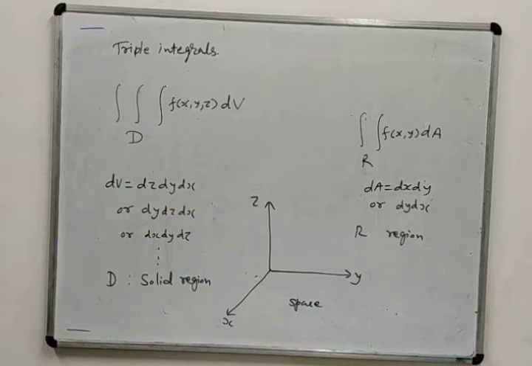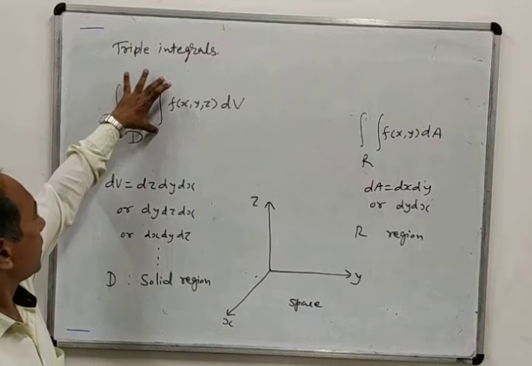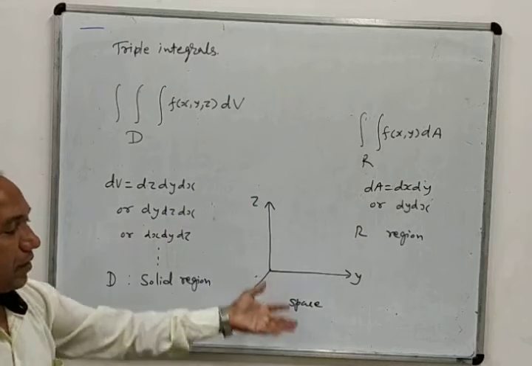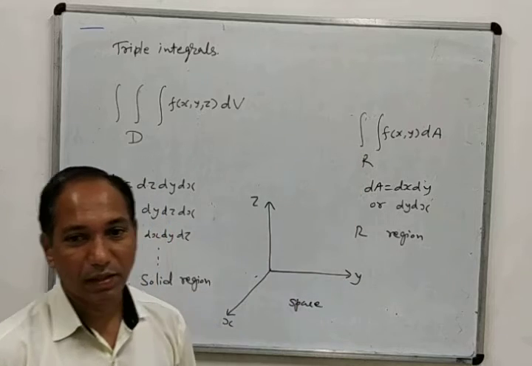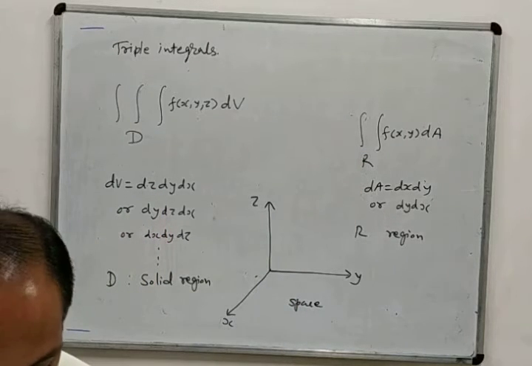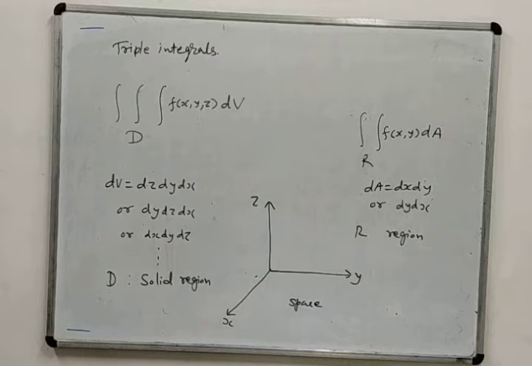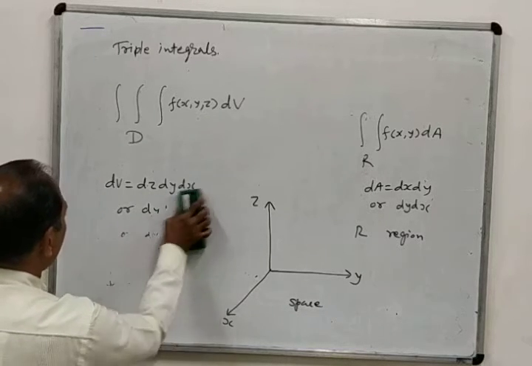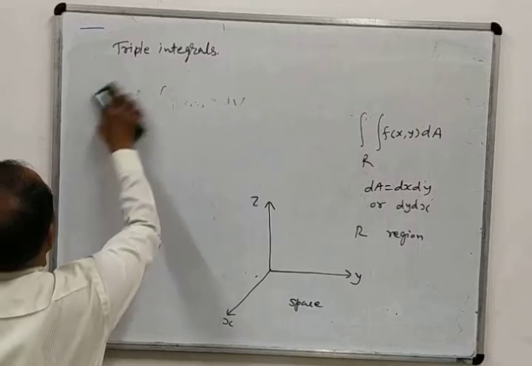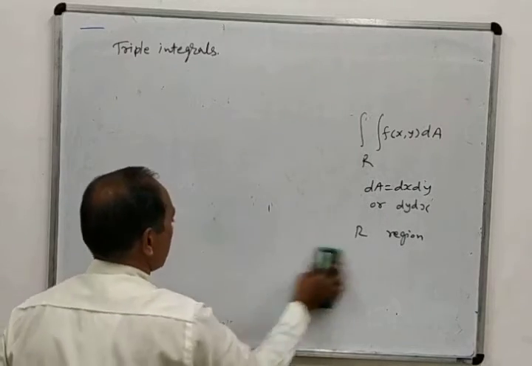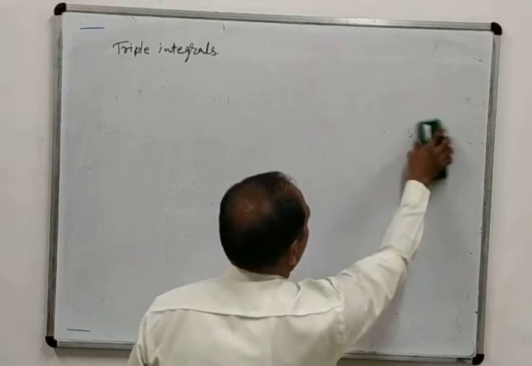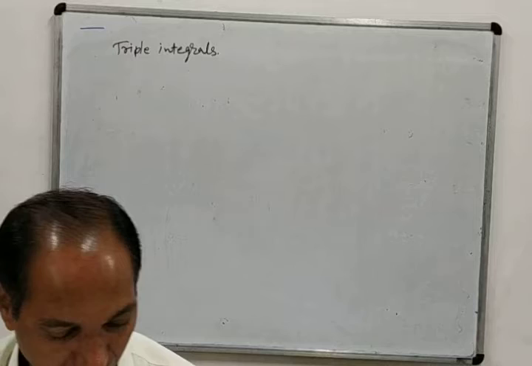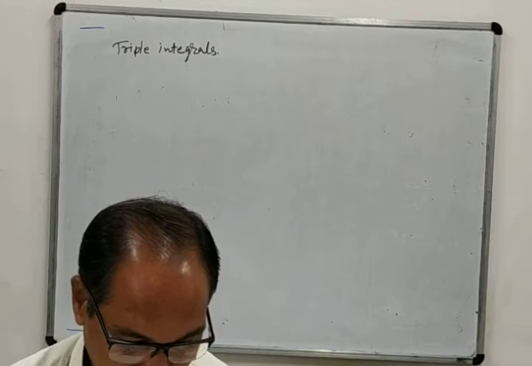But mostly as far as possible we will try to integrate with respect to z and then with respect to x or y, so that our problem becomes simple, because we have already seen the problems to evaluate the integrals with respect to x and y. So here also, as in double integrals, we will see first the problem with given limits. That means if the limits are given, then how to evaluate the problems. So we will consider the problems directly.